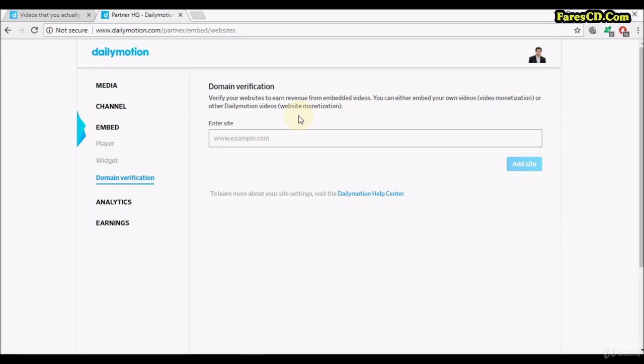So you'll have video monetization, which we have already gone through. You'll be earning money through video monetization, that's through your videos. And if you create a website, if you own a website and you monetize that using the Dailymotion videos or the widget, then you are using website monetization, right? So you'll be actually using two platforms